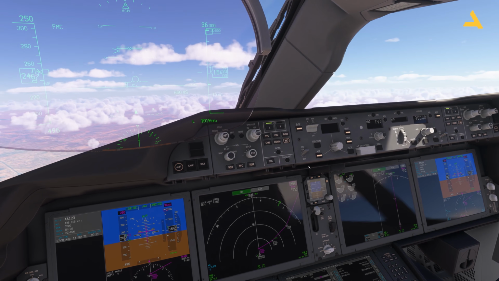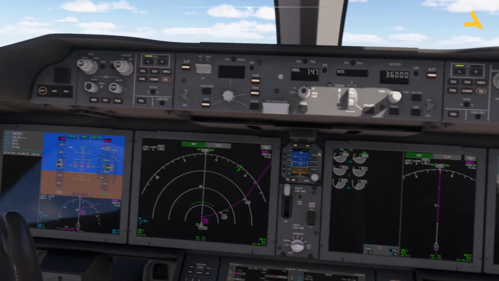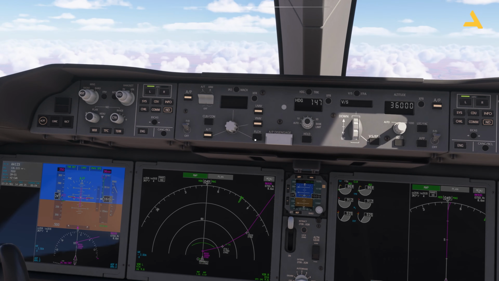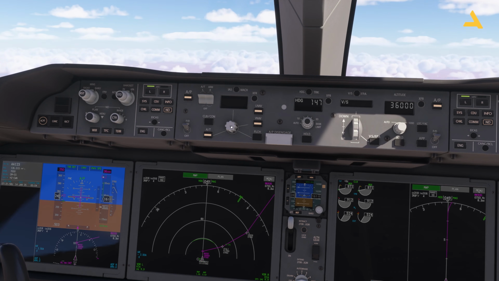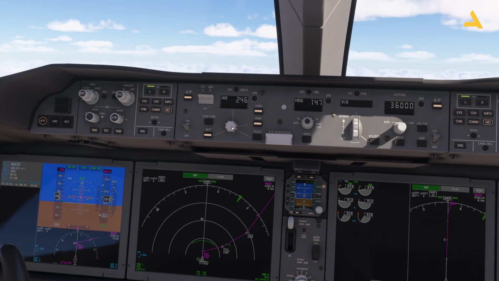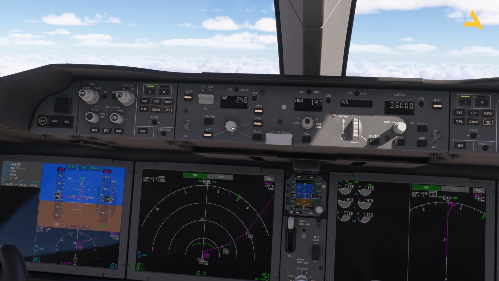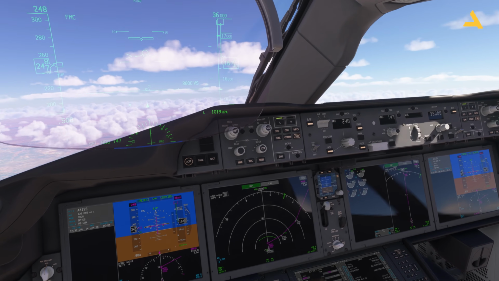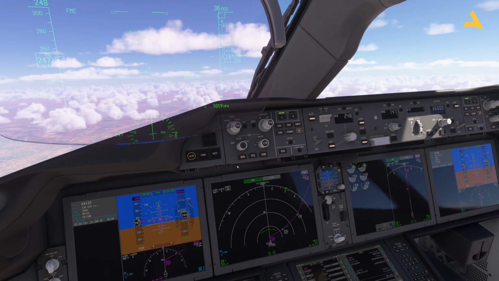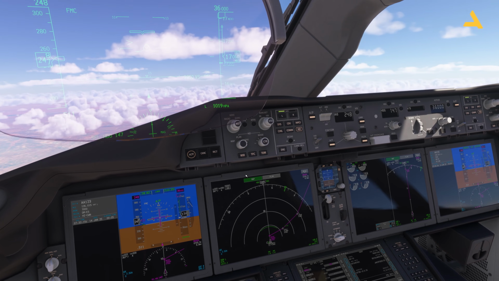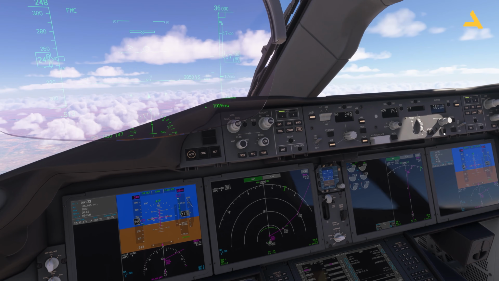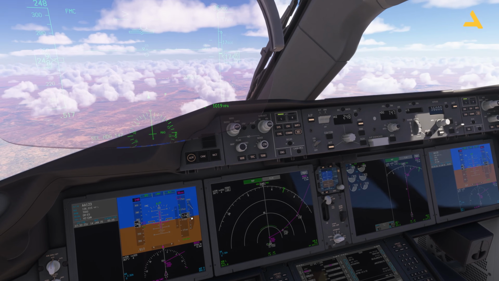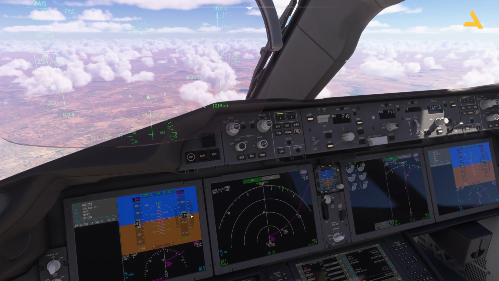Now there is another option of flight level change. So in flight level change, the vertical speed is calculated by the autopilot, but you can adjust the speed. Now you can even adjust the speed like this as well. By pressing this button, you can just control it, or you can press the flight level change. So flight level change is useful in this plane, and especially in the simulator, because I'll show you one thing, that if I press this hold button for the altitude, the plane will level off at the altitude at